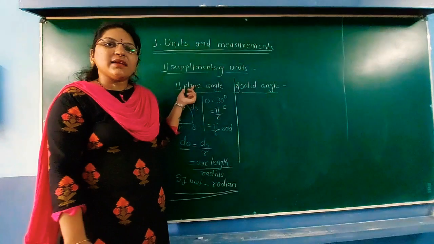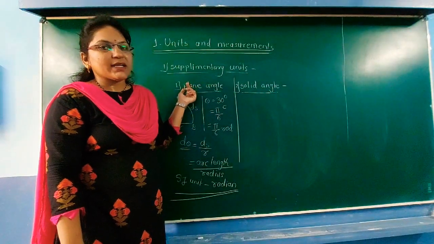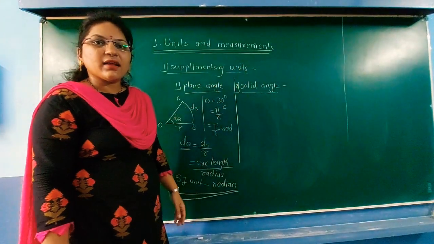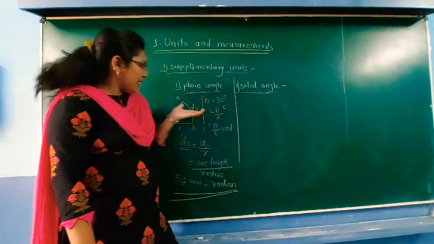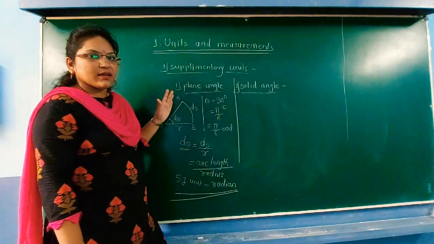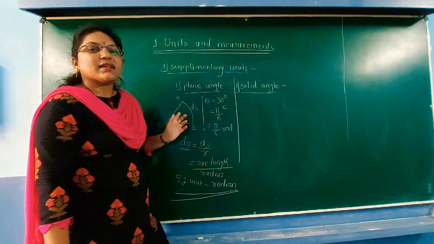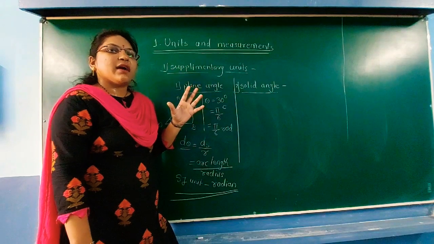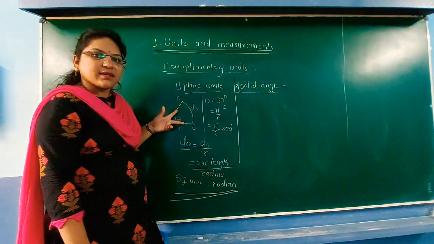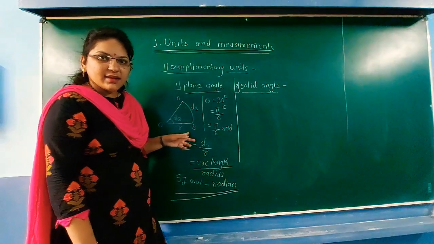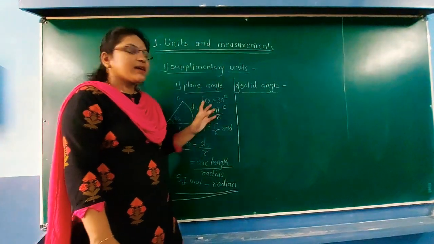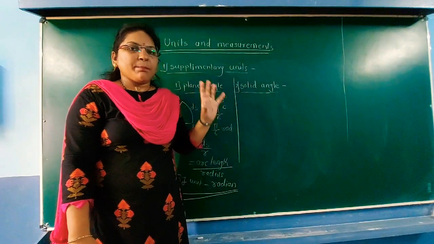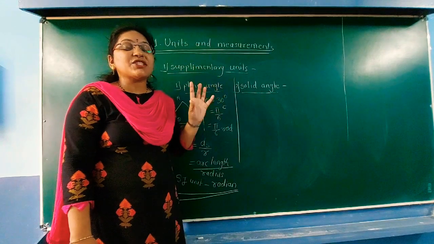As plane angle is a two-dimensional angle, what happens with solid angle? Consider a sphere. Here we have taken a disc. Okay, there is a circle. Circle means a two-dimensional body. If we take a plate or disc and cut some portion from it like this, it will be two-dimensional. But consider there is a solid sphere, that is a metal ball. A metal ball is a three-dimensional body.